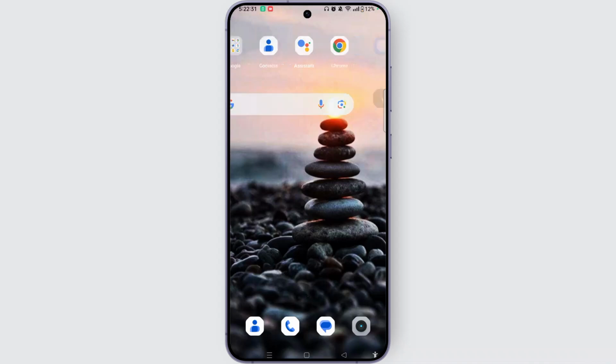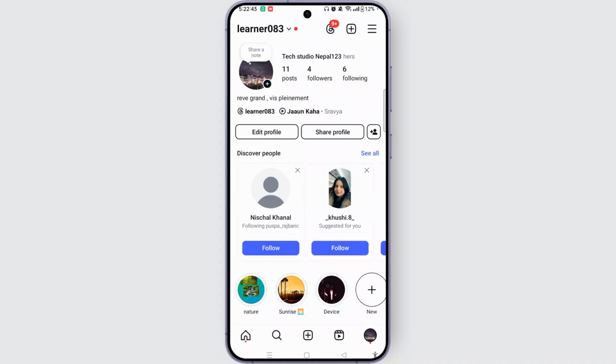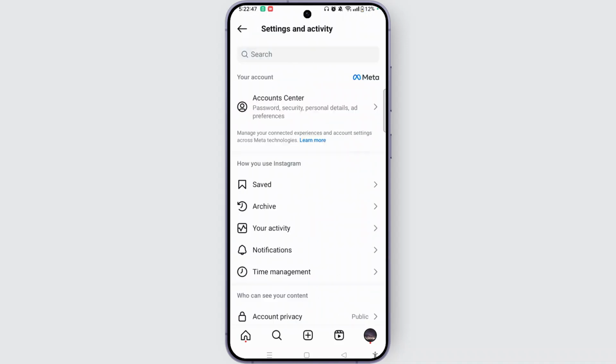First, open the Instagram app on your mobile device. Make sure to log in. Tap your profile photo at the bottom right corner to access your profile. Now select the three bar icon at the top right corner of your screen. From the menu bar, you need to select